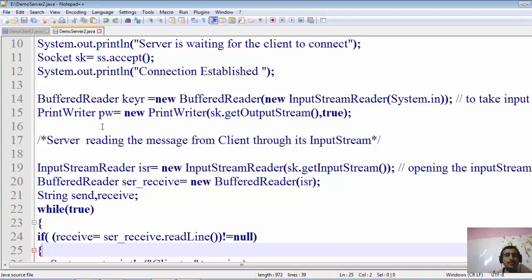So for this purpose we have to open a PrintWriter. Now our server's output stream must come into the picture. For writing, the server's output stream; for reading, the server's input stream; for writing, the client's output stream; for reading, the client's input stream. This you must remember. Now at line number 15, what we have done is created a PrintWriter object